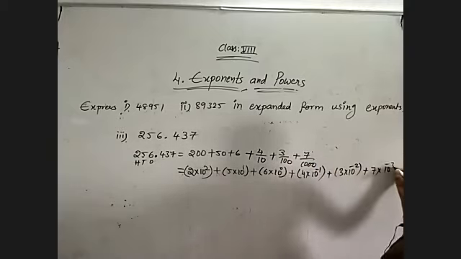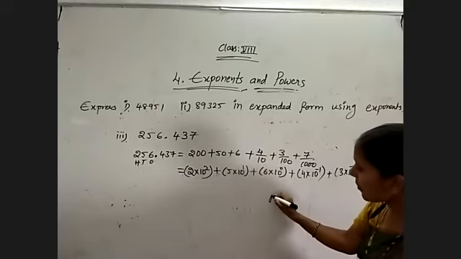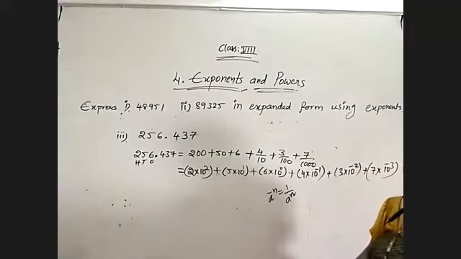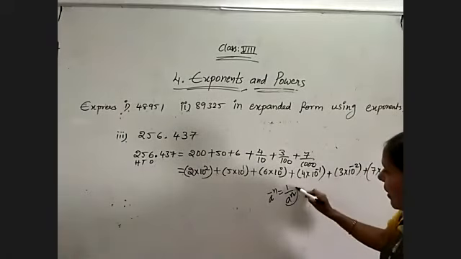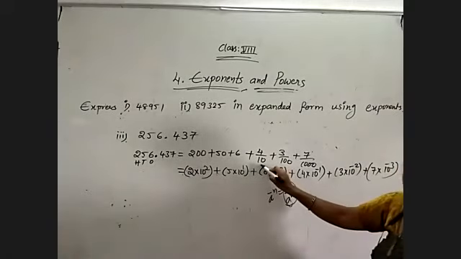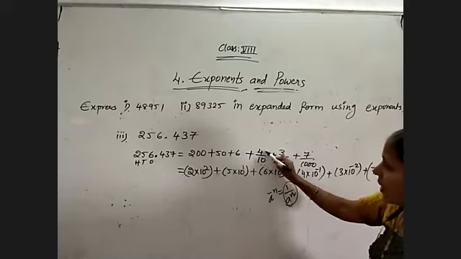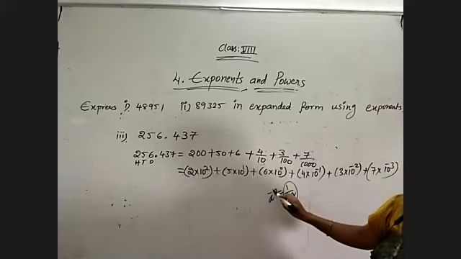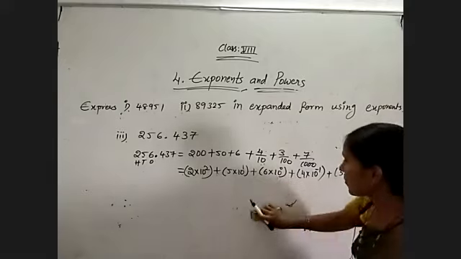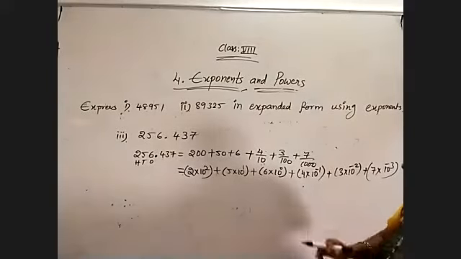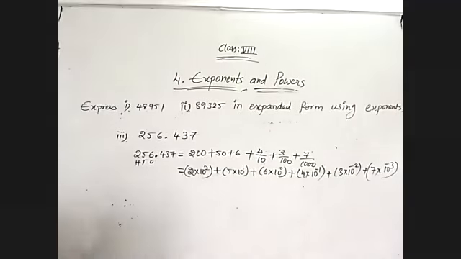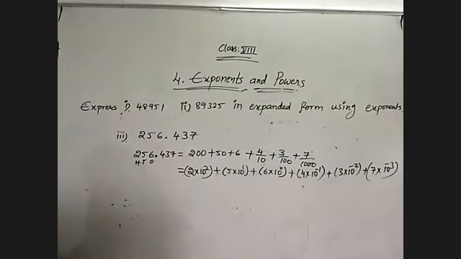Why am I telling this? a power minus n is equal to 1 by a to the power of n. Now, 4 by 10, that is 1 by 10, I have. So I want to bring it to the numerator, and then it becomes negative. Understand? So in case of negative powers, we must do like this. Now, some questions I will give on whatever we have discussed.